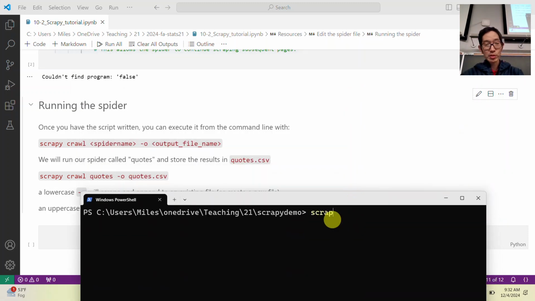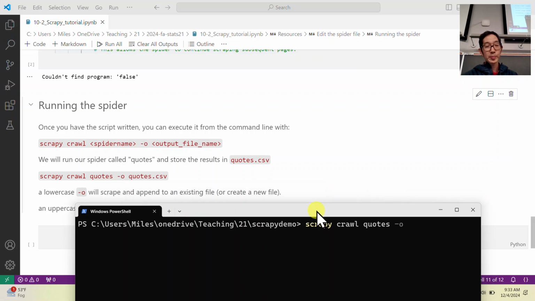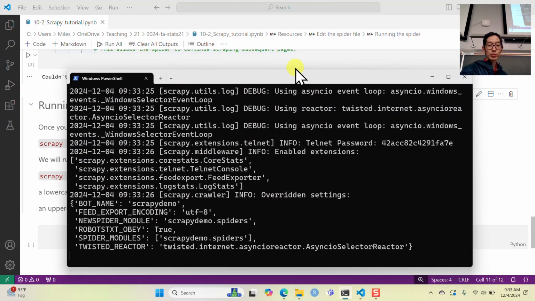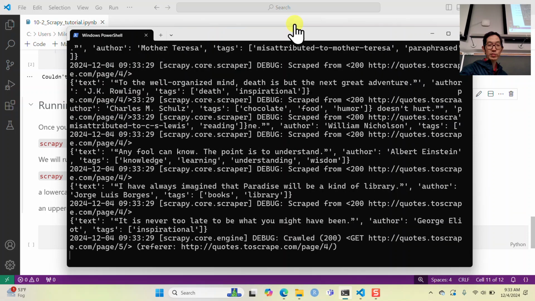So I'm going to call ScrapeEye crawl quotes. Dash lowercase o will append to an existing file. Dash capital O will wipe out an existing file and create one new. Okay, and the file we're going to create is going to be quotes.csv. So I'm going to go ahead and hit enter, and this is going to run, and you're going to see a bunch of stuff flying by